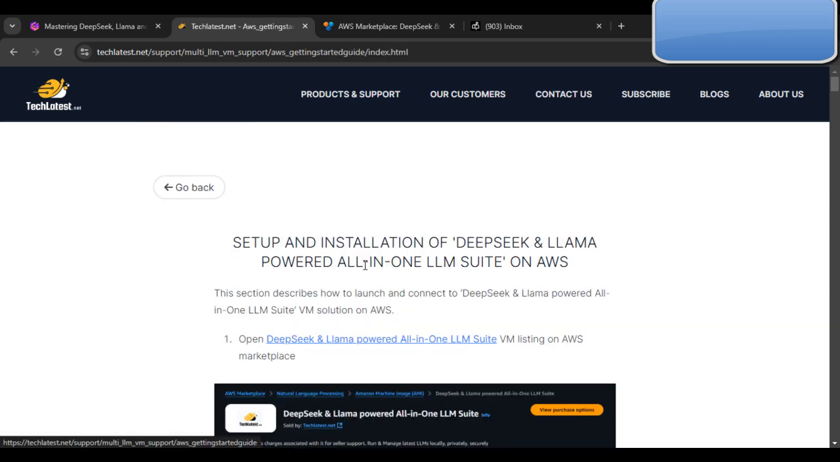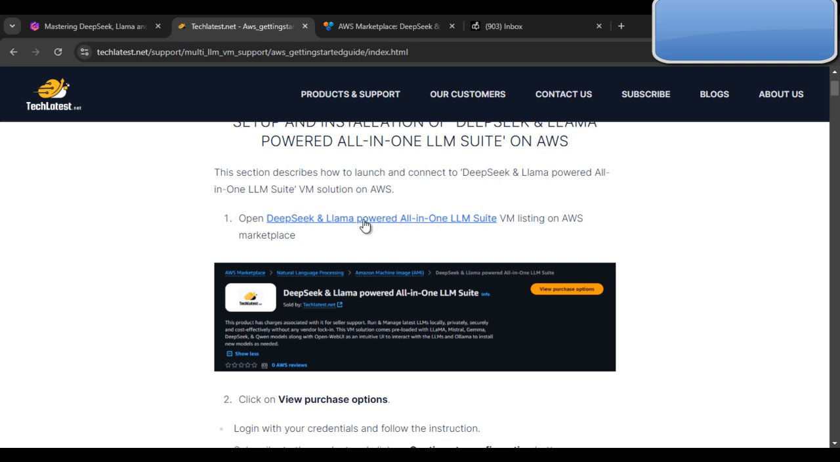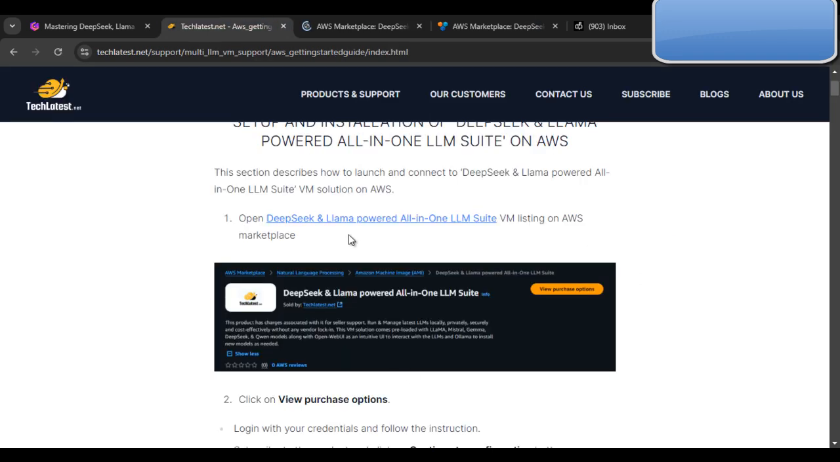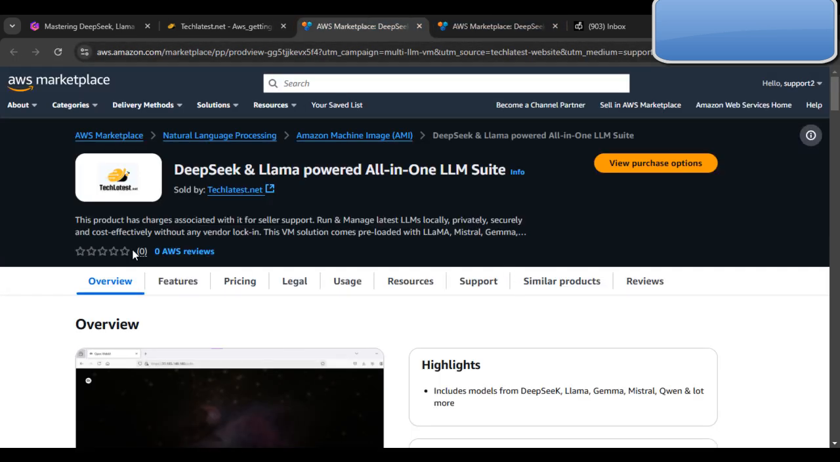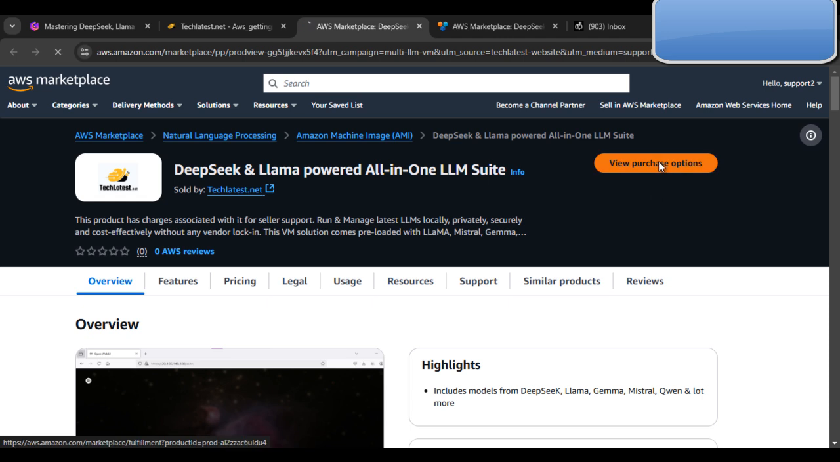So click on AWS deployment guide, and here you can see the setup and installation of the DeepSeek and Llama powered all-in-one LLM suite on AWS. This is the step-by-step guide. So open this in your browser. Okay, this is the direct link to AWS Marketplace, and here you can see the DeepSeek and Llama powered all-in-one LLM suite. So click on view purchase options,